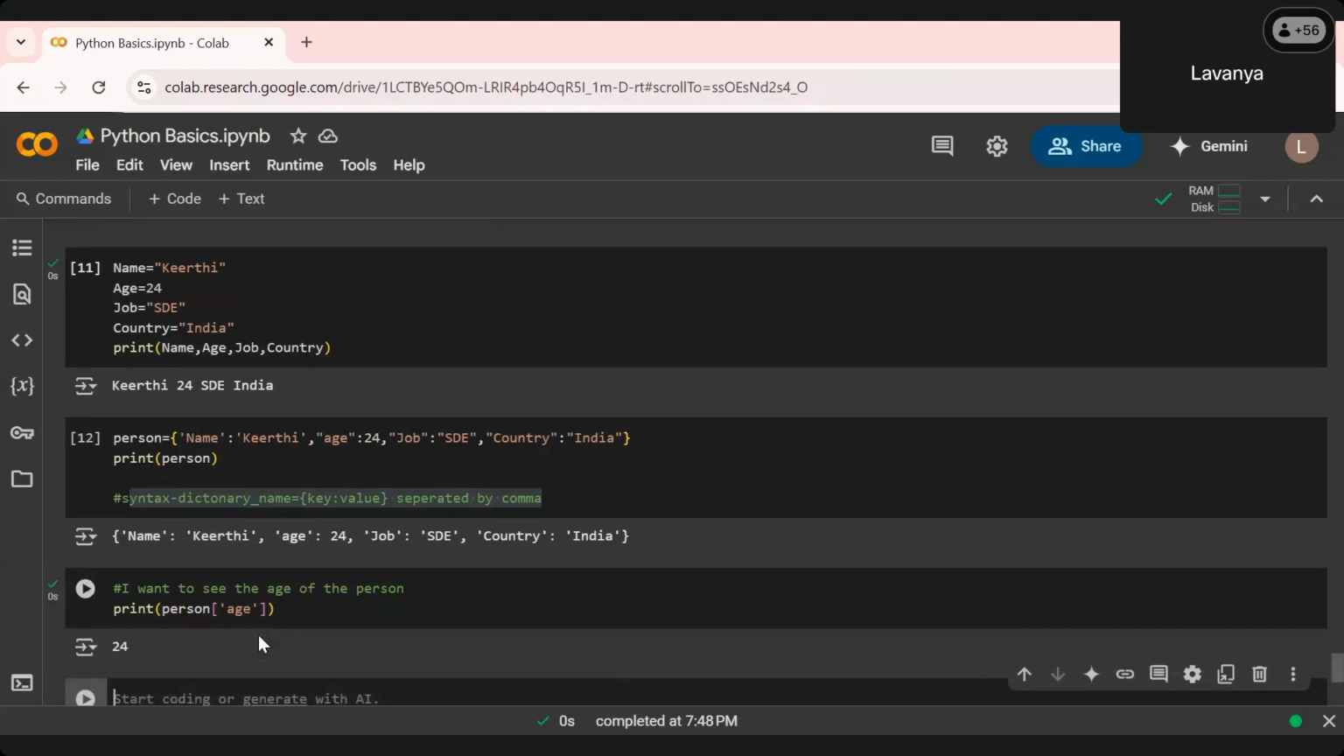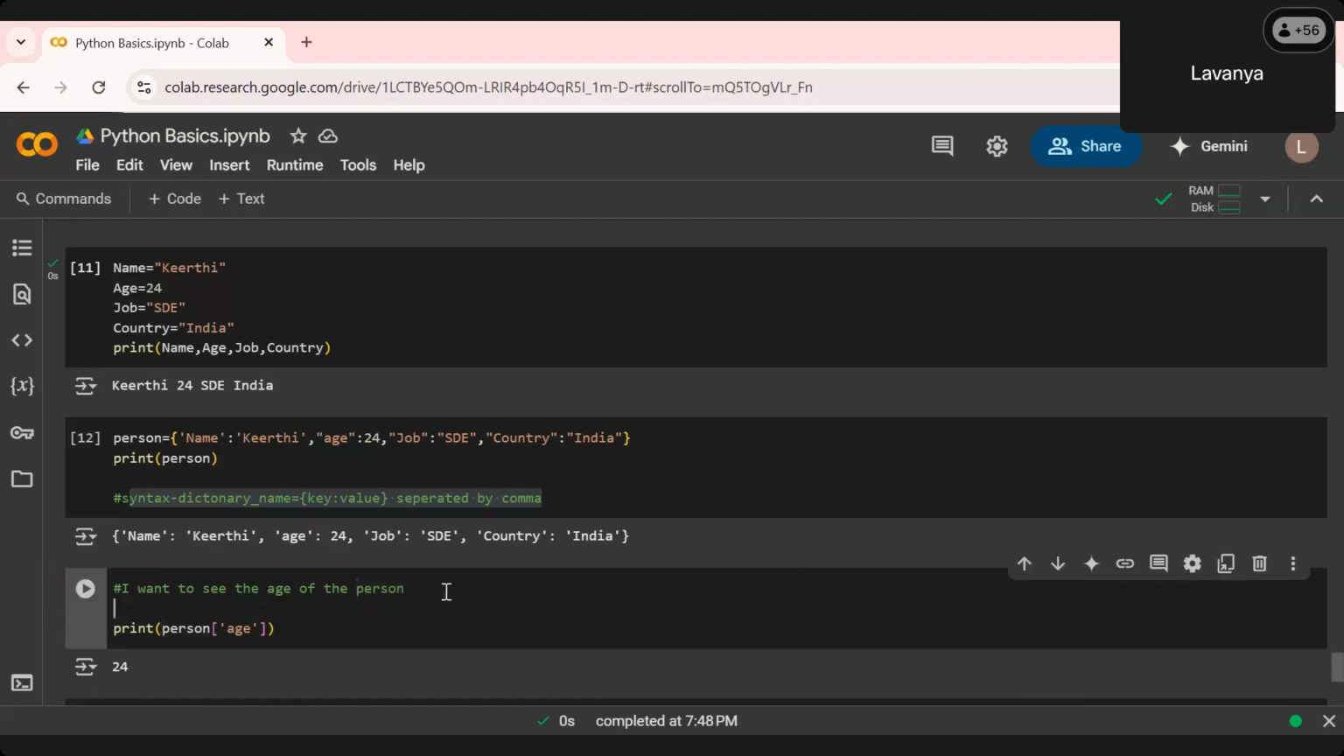So if you want to access a value inside our dictionary, you use keys. Okay, we use keys. So here we can write that keys are used to access